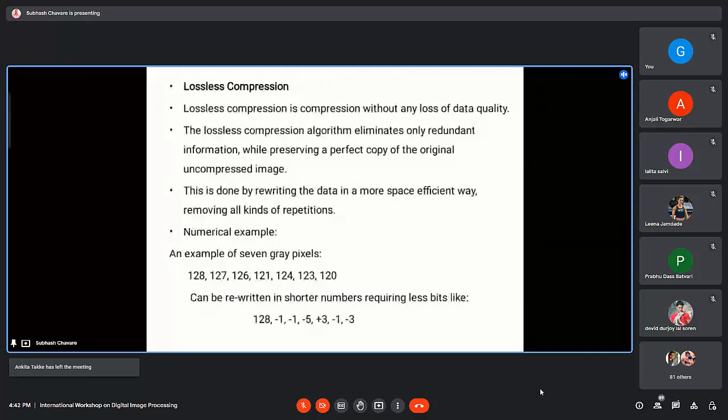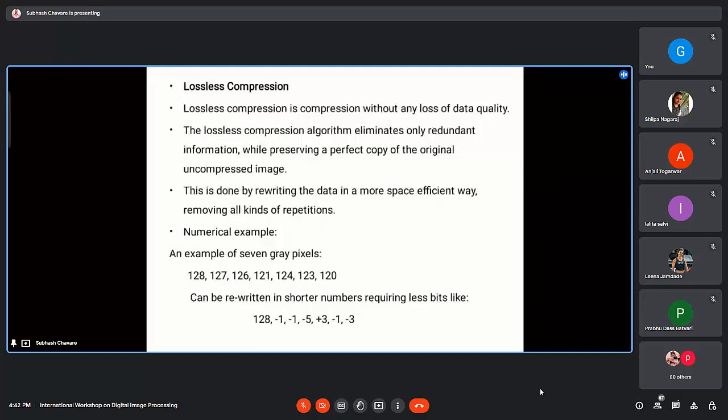Can be written in shorter numbers requiring fewer bits like 128 का 1 है, then उसके बाद में जो लिखा है 128 लिखा है, उसमें बाद में 128 के बाद लिखा है -1, उसमें बाद में प्लस प्लस, ये जो है 1 पिक्सल कंसीडर करके उसके बाद में रिराइट करना है तो शॉर्ट करना है तो ऐसा लिखते हैं शॉर्ट में।